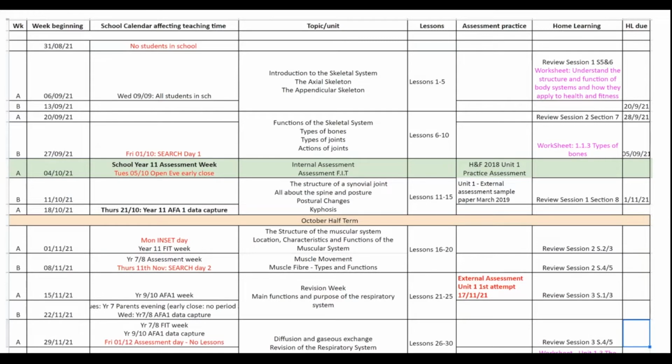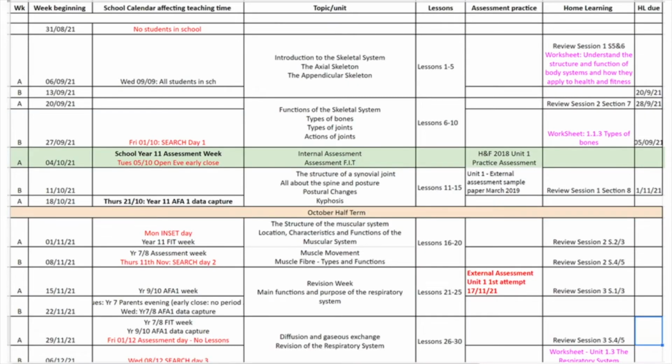And then the other things that I've also added on there is when I want to have assessments. So I've marked in red the external assessment. Now, students doing the NCFE courses can have 2 attempts. I think it's a really good idea, and I definitely think everyone should be putting their students in for the first attempt. Not necessarily expecting them to pass, but at least giving them a chance to have an attempt at that external assessment for that Unit 1, have external feedback,